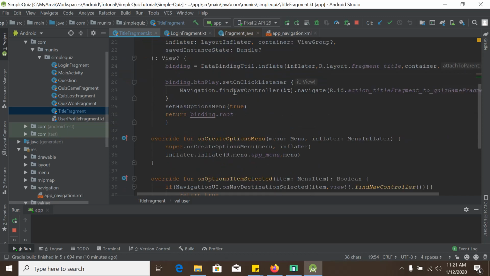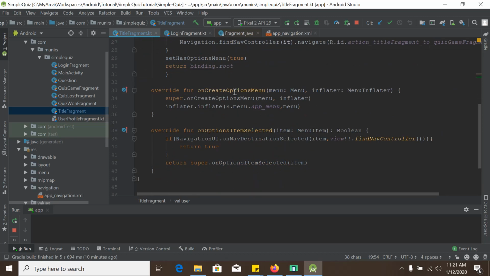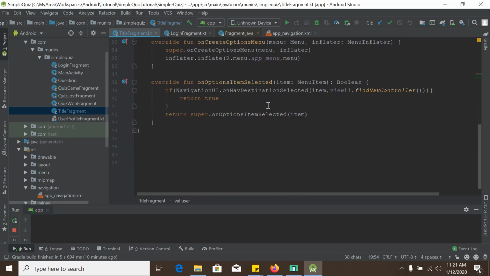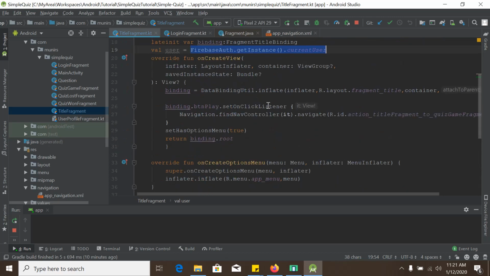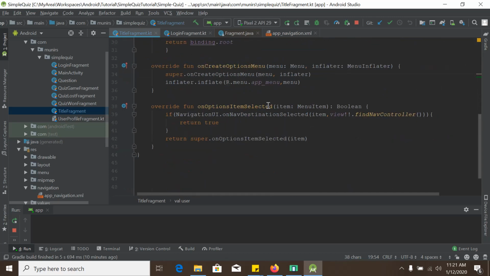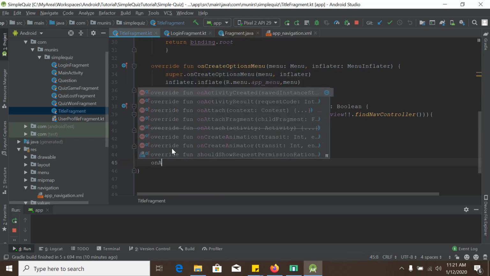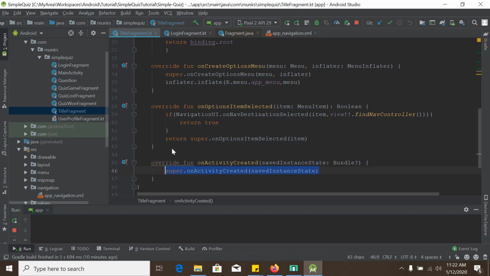So we will check whether the user is logged in or not. Inside our onActivityCreated, we don't have the onActivityCreated function already, so we created onActivityCreated, which is a lifecycle method of fragment. So inside it we will check if